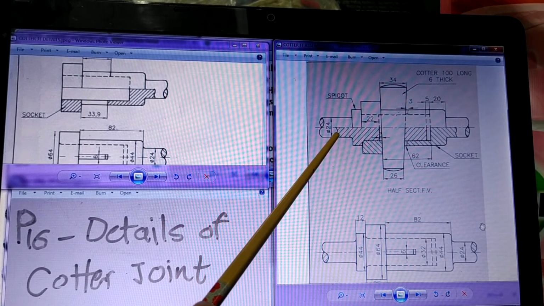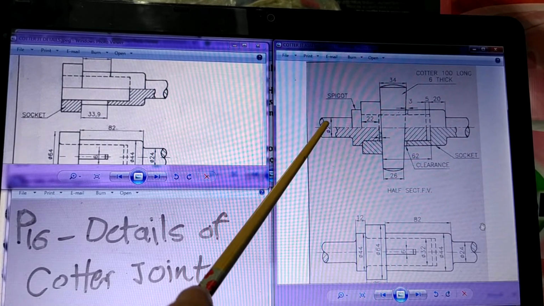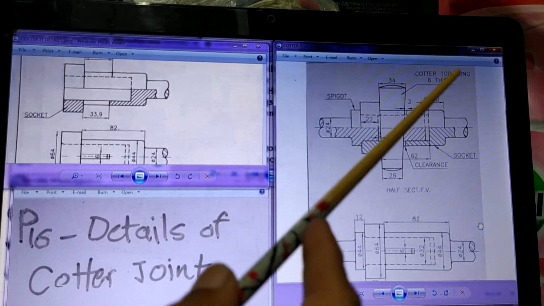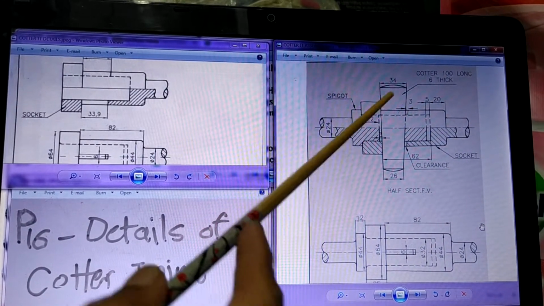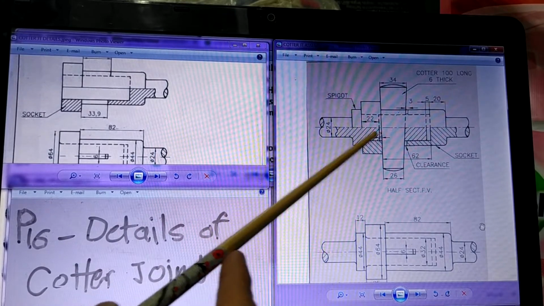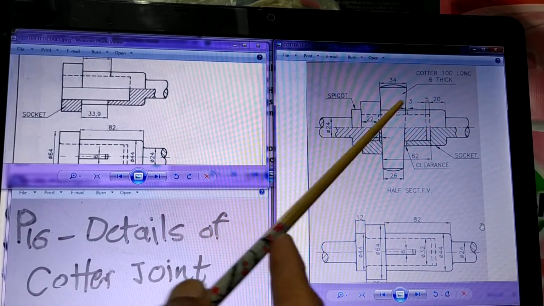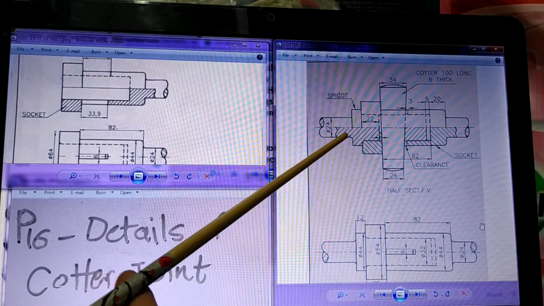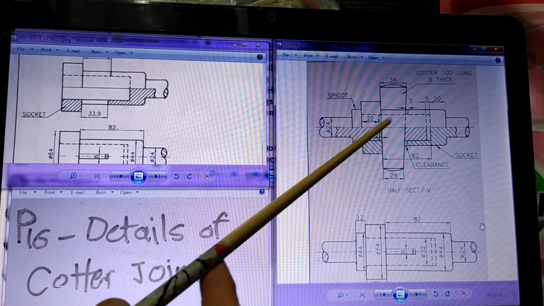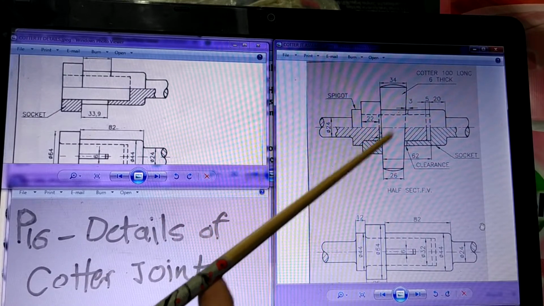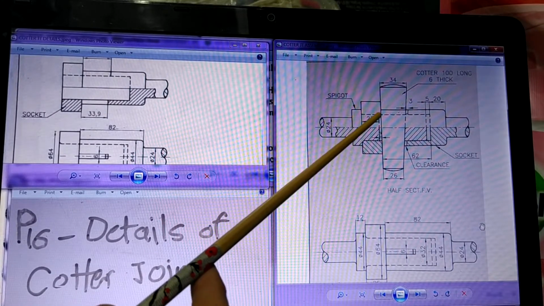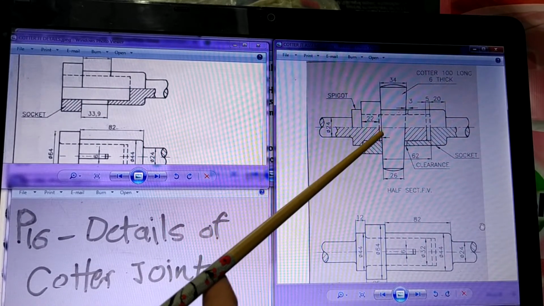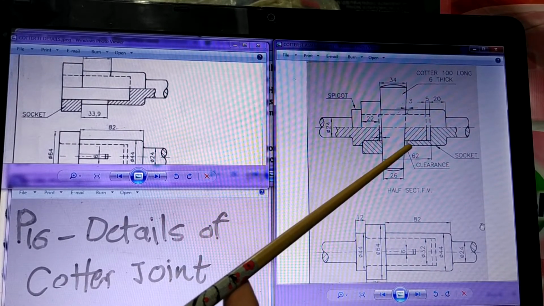Now for preparing the drawing, you need dimensions. All these dimensions you have to collect from this figure. Now as I said earlier, in the assembly drawing, the dimensions are as such never drawn. But here they are drawn because this is an academic question. This is given to you as a question. So as a question, you have to read the assembly drawing and prepare the detailed drawings. For that you need the dimensions; that's why the dimensions are put here. But otherwise, as a standard practice, the detailed dimensions are never drawn in an assembly drawing like this.